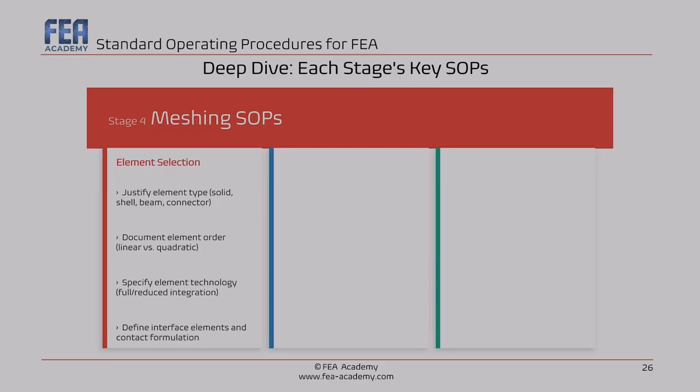Okay, shell elements versus solid elements for a thin-wall structure. The correct answer depends on the wall thickness, the stress gradient, and the result you're trying to extract. This decision must be documented and not assumed, and it has to be managed by the stress analyst and the FEA engineer.